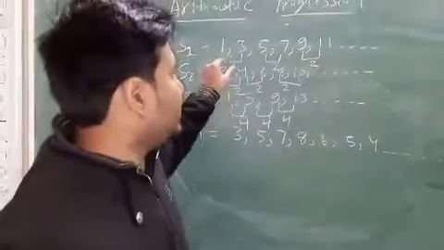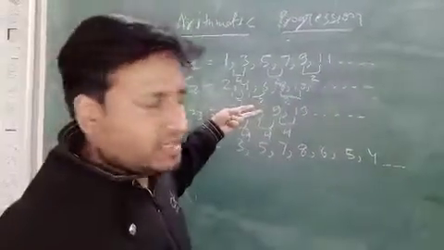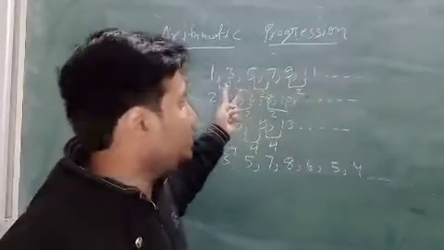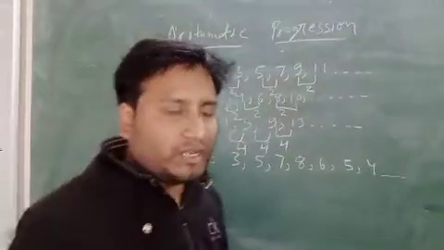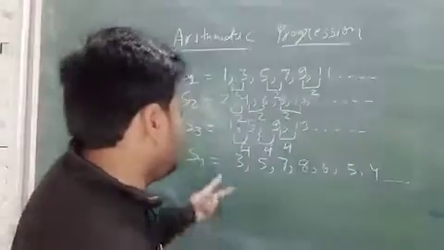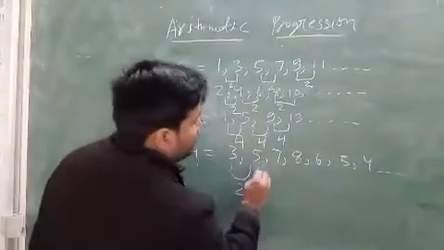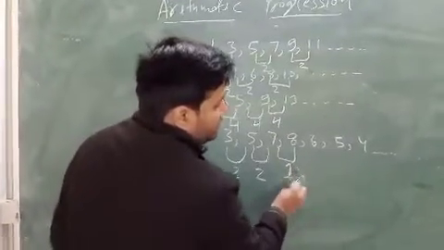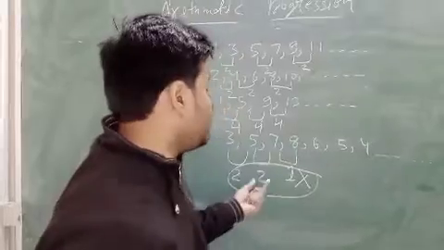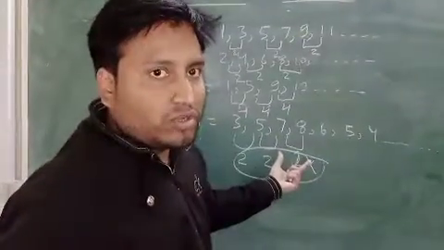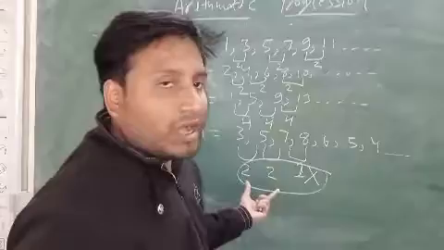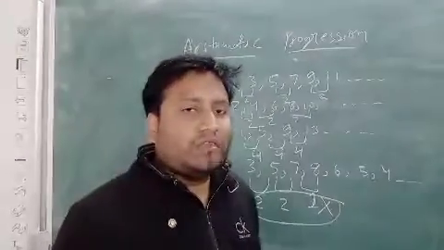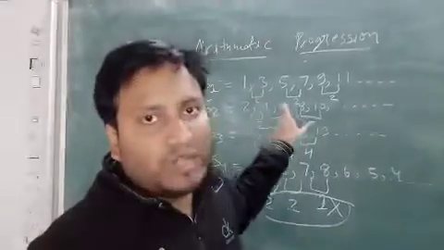So in these three series, we can easily see there is a common difference between two consecutive numbers, which is always equal. This is the property of arithmetic progression. If we look at the fourth series, the difference comes out to be 2, 2, and 1. So this series is not an arithmetic progression, because the difference between two consecutive numbers is not equal to a constant number, that is, a common difference. So I think you have got an idea of what arithmetic progression is.